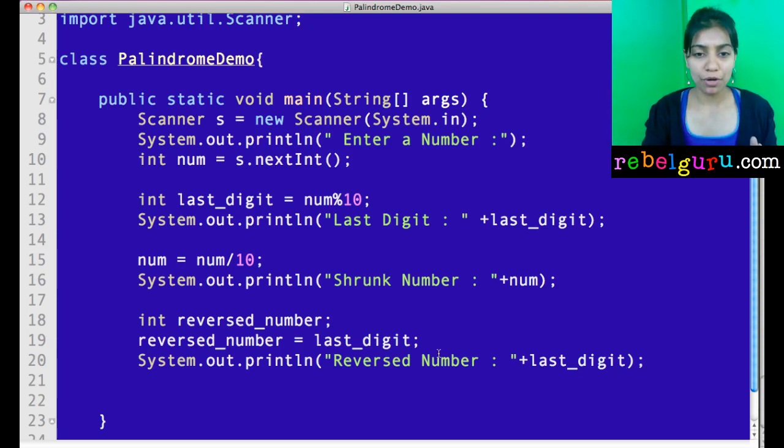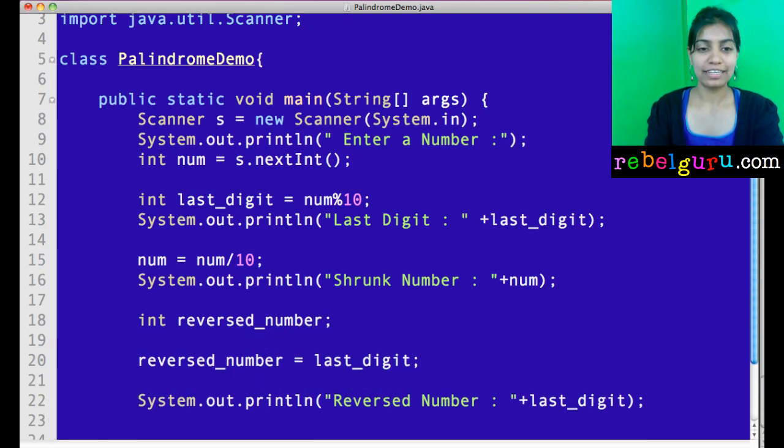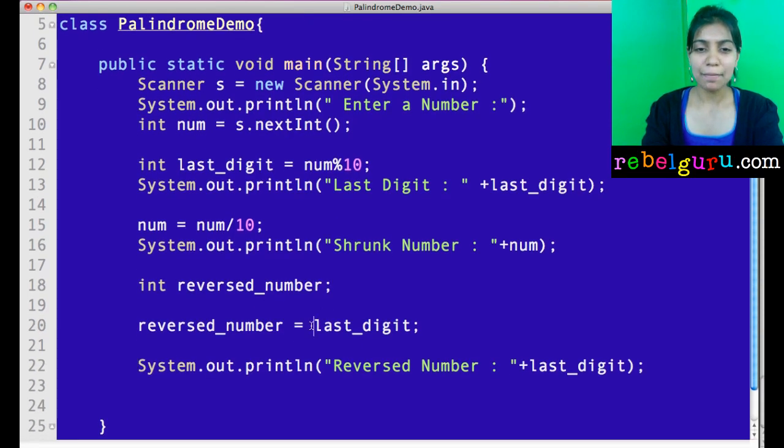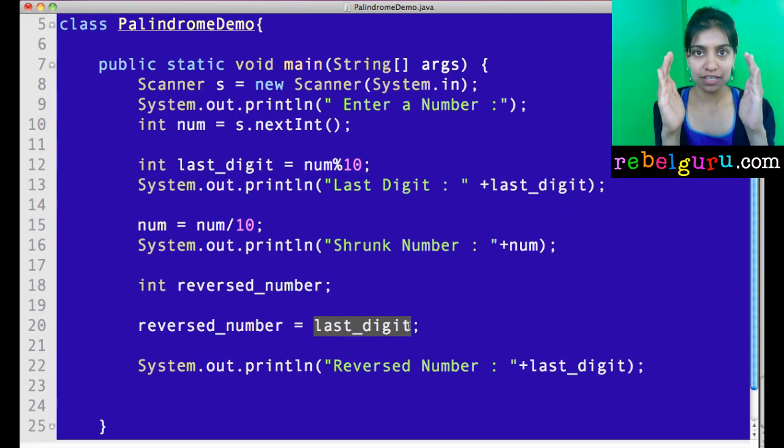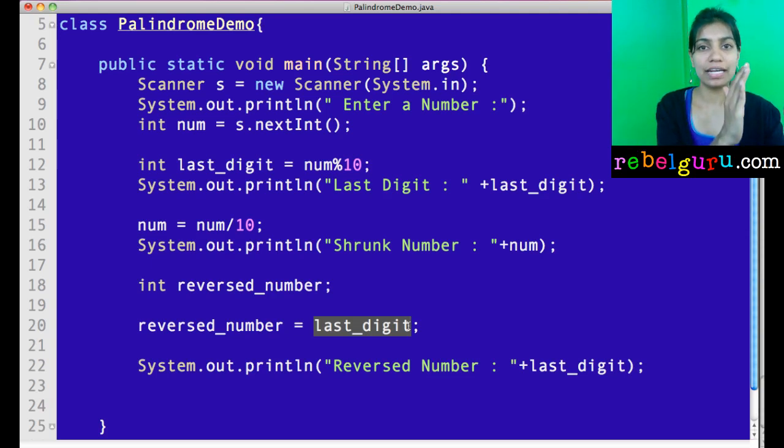right? So let's rewrite the formula for the reversed number. Reversed number is not always simply the last digit. Reversed number is what was the original reversed number, shift it to the left by 1 and add the last digit. To shift it to the left by 1, we want to shift everything one time to the left, which is why you multiply by 10.